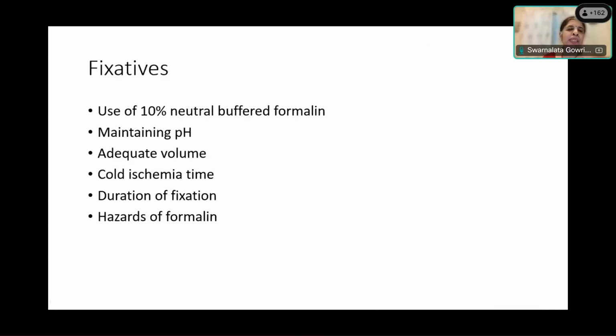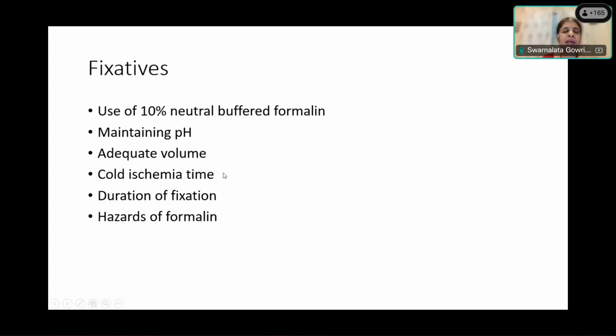Coming to this important area of fixatives, all of you, whether you like it or not, must remember that the fixative you use is 10% neutral buffered formalin. What does it mean? It should be 10%. It should be buffered. You have a mixture of salts to buffer it at a neutral pH, which is 7.2, and it's formalin. So you have to maintain the pH, you have to maintain the volume,